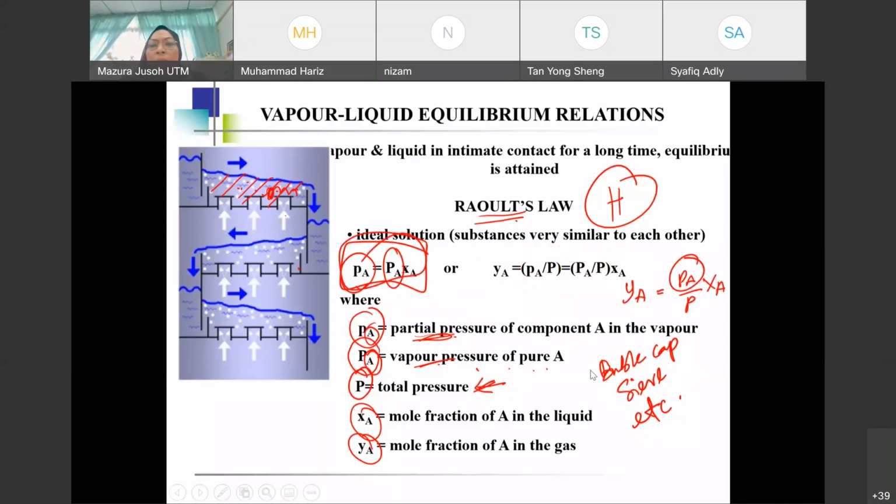Okay, so if you use the partial pressure, you cannot relate it to the X. If you only use this equation, you can only relate the partial pressure to the X. And if you use this equation, the partial pressure to YA. Now you want to relate between YA and XA. That's why you use both equations to manipulate them, and you will finally get that equation. Okay, and you'll be using this equation when you are designing or doing the calculation. So that is Raoult's law. Okay,